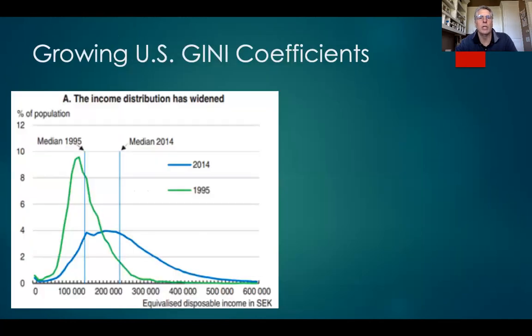Okay, growing Gini. So again, this is somewhat reminiscent of what we saw on that Pew research, right? And this is dollars to dollars, adjusted for inflation. The median 1995 versus the median 2014. So it's a flatter curve, right? When there's a flatter curve, there's more what? There's more